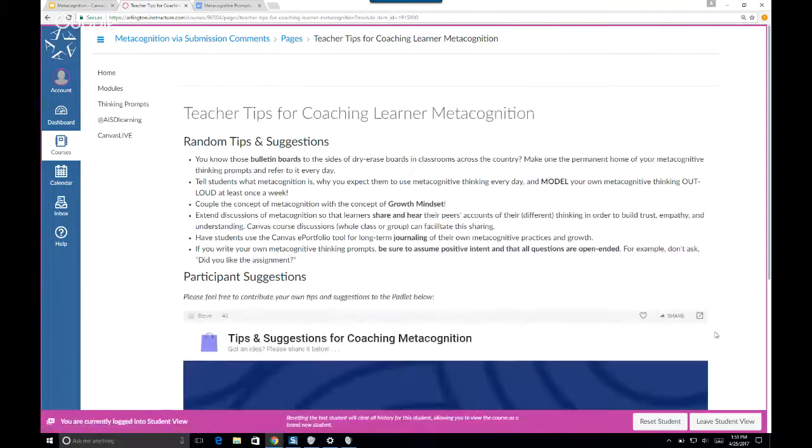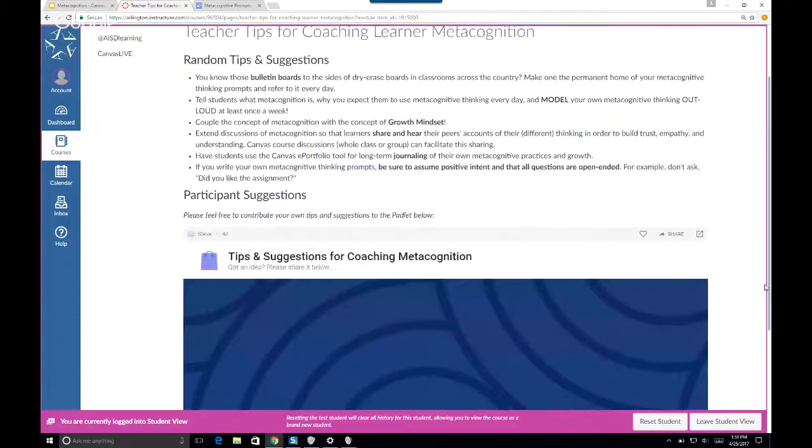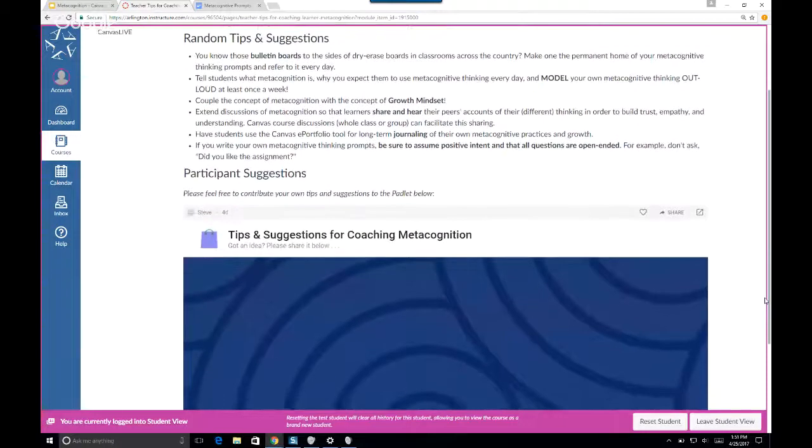Okay, so I've clicked next. And I wanted to run through a couple other tips and suggestions that I thought of. But notice that at the bottom of this page, there's an embedded Padlet. So if you guys have already thought about a great idea for using metacognitive thinking prompts in your Canvas course environment, or other opportunities outside of a Canvas assignment where you think that might be possible, go ahead and start adding those to the Padlet. There's a plus button down on the bottom of the embedded Padlet. You can also just double click inside that thing and should be able to post your thoughts while I run through these bullet points.